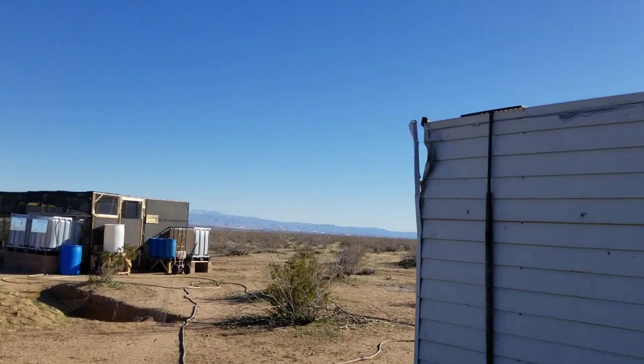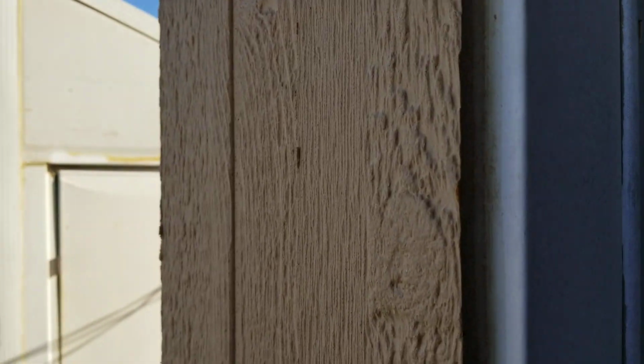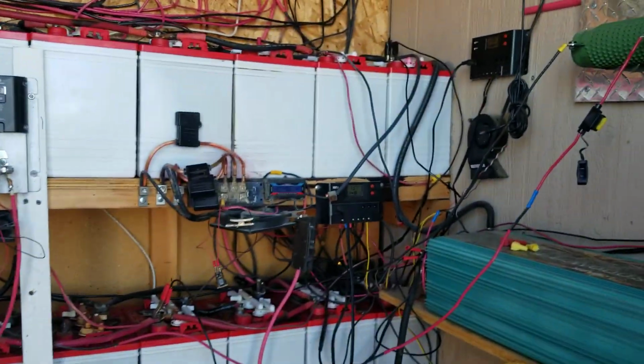All right, here we are. We're outside at the electric room. So I'm going to come over here and swing a door open, and the wind is blowing at my back today. So excuse me a minute while I get the gate open. All right, so